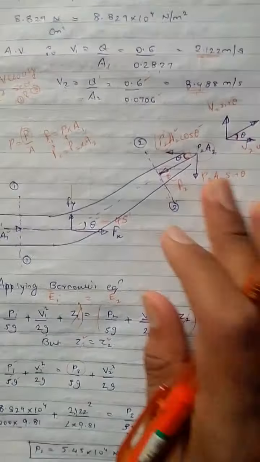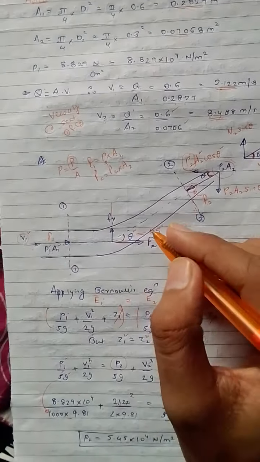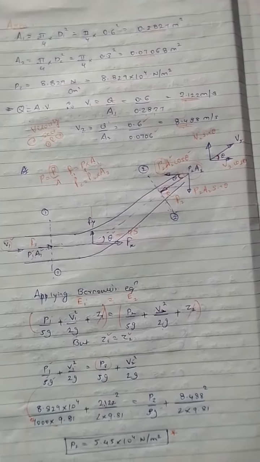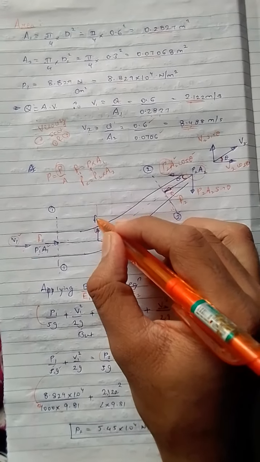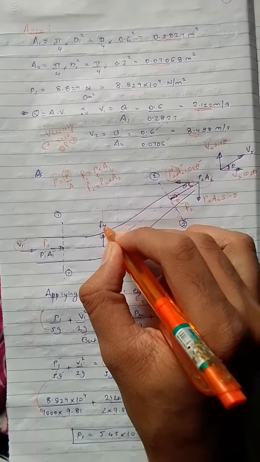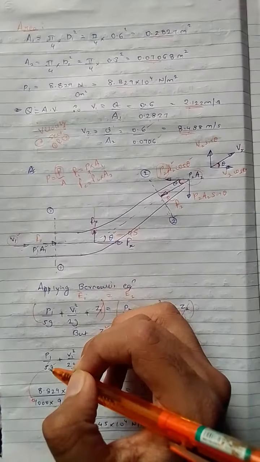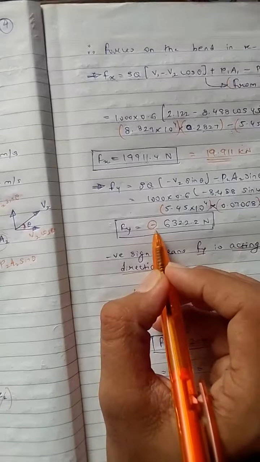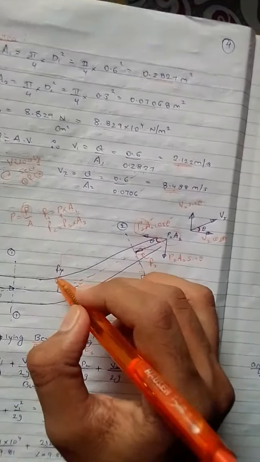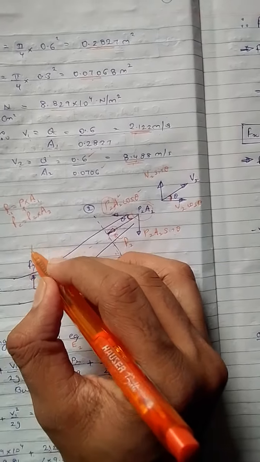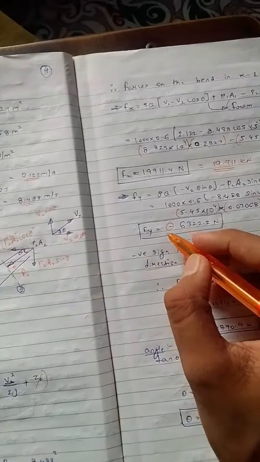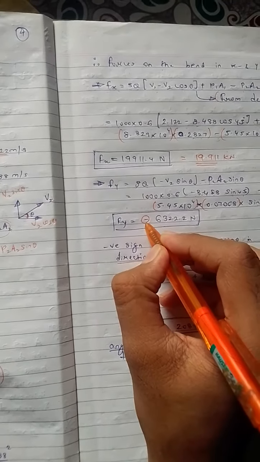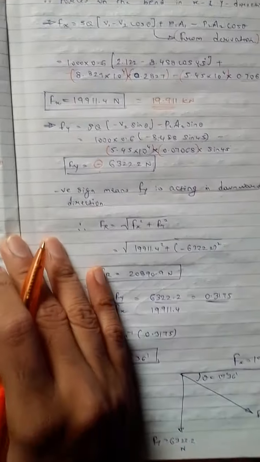Means what? While going through the diagram, we have assumed that the direction of water impacting on the bend will be in upward direction. In the y direction, the force is assumed upward, and in the x direction it is horizontal. So if any value Fx or Fy comes in negative, it means the assumed direction is wrong. If you have assumed Fy in upward direction, it is the wrong direction, and we have to write a line that the negative sign indicates the direction is downward.